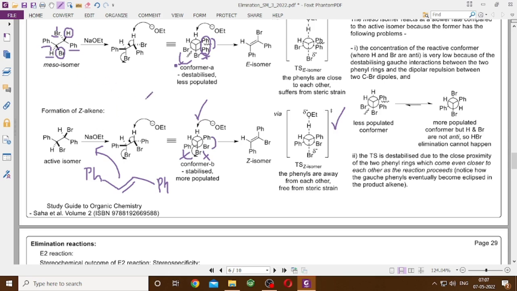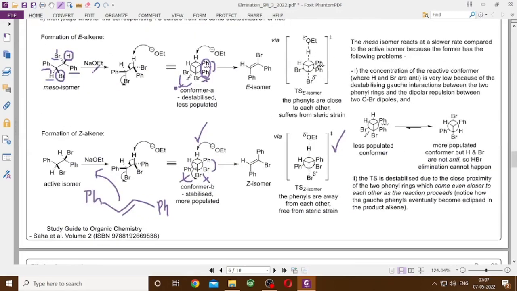So if they ask you the question by giving you the name stilbene dibromide, don't get confused. Stilbene dibromide can exist in three stereoisomeric forms. Two of them are enantiomers, that's the active, and the other one is the meso. Meso, on dehydrobromination, gives rise to the E alkene,